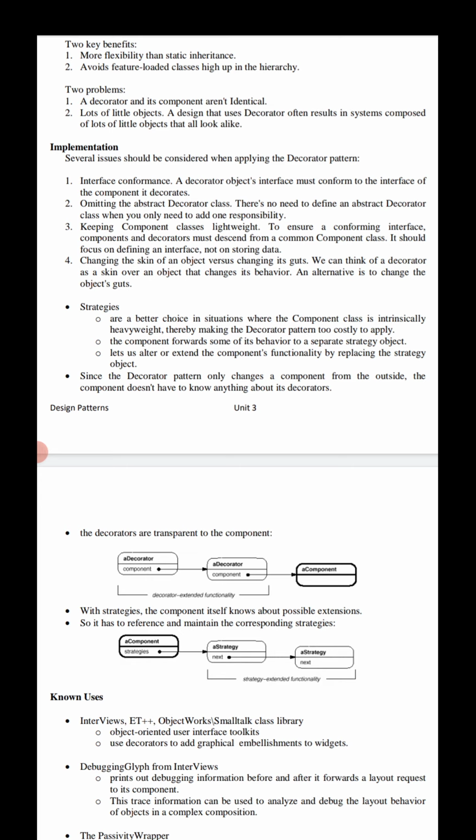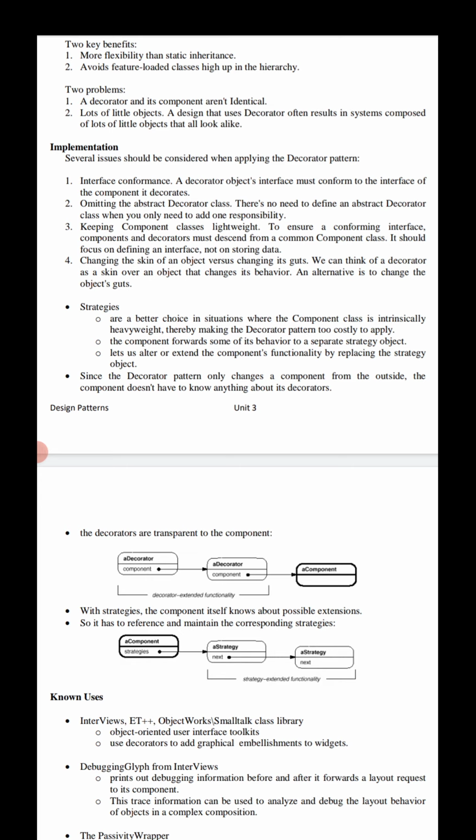Okay, coming to the second key point of implementation related to the decorator design pattern, that is omitting the abstract decorator class. What is the meaning here? There is no need to define an abstract decorator class when you only need to add one responsibility.